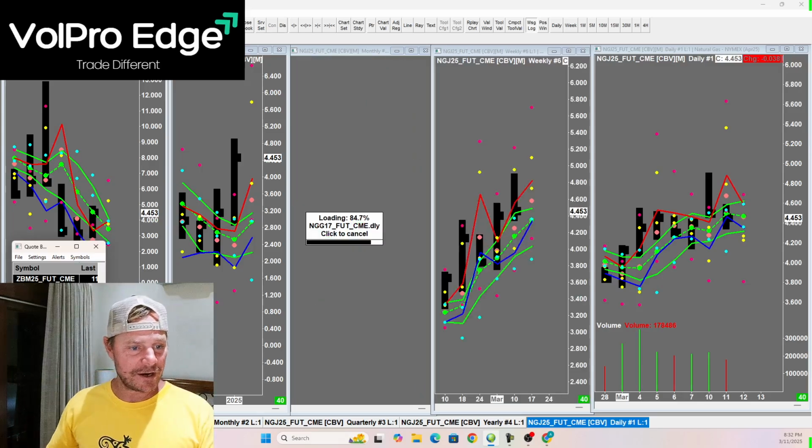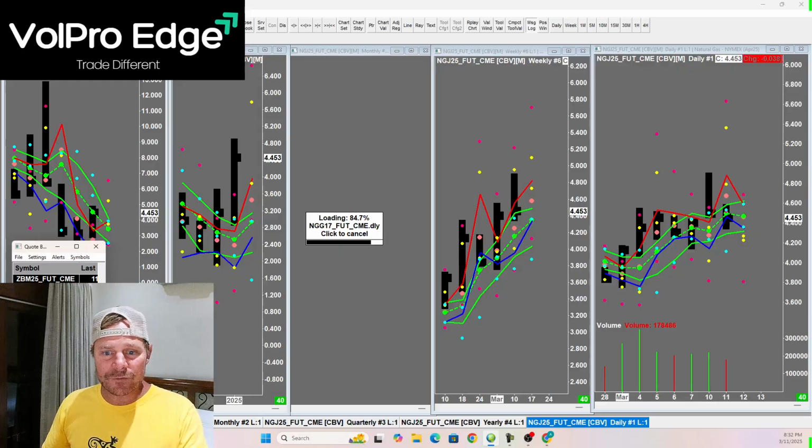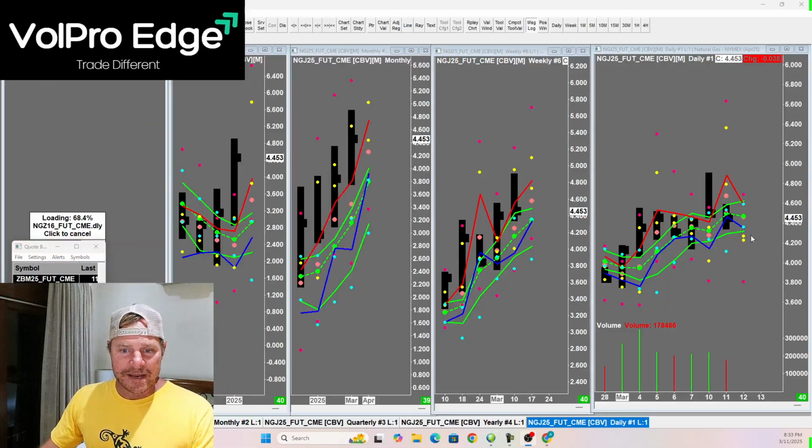All right, let's let natural gas load here. It just takes a few minutes. And you'll see here on natural gas, I did say that I liked the short play because the longs were trapped. And depending on what the range was today, it looked like that was a pretty good call, kind of a tight range depending on how natural gas ended up. But the resistance level was solid for sure. Yeah, now I just stay out of this. It's like crude. It's just very choppy. It's a good place to lose money. So don't trade natural gas in the next 24 hours unless you probably want to lose money. That'd be my advice there.